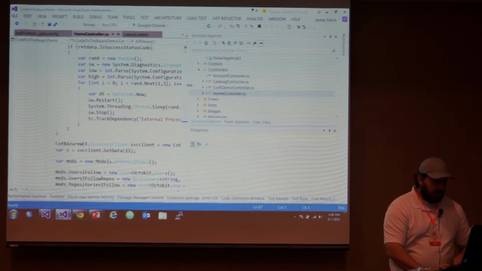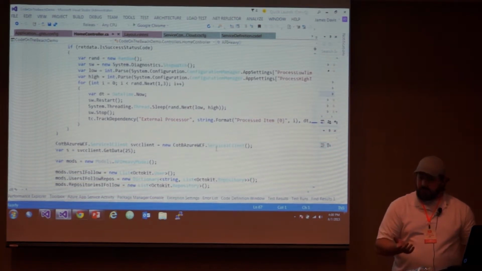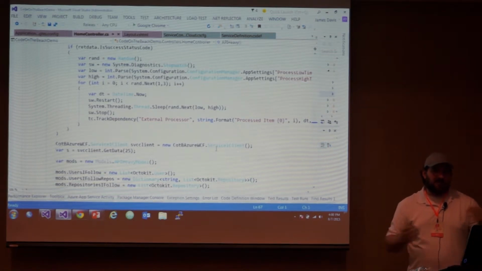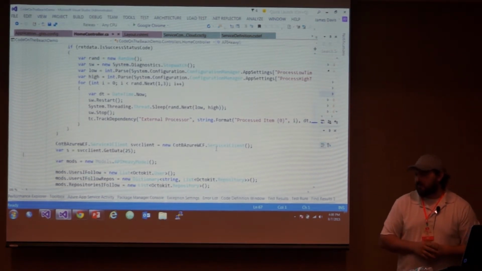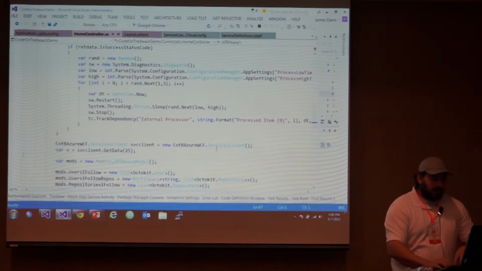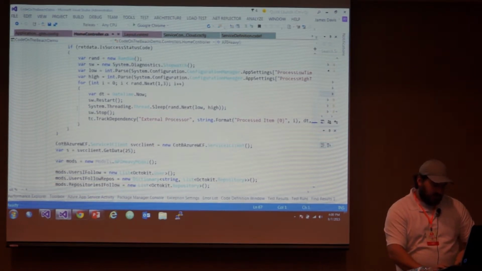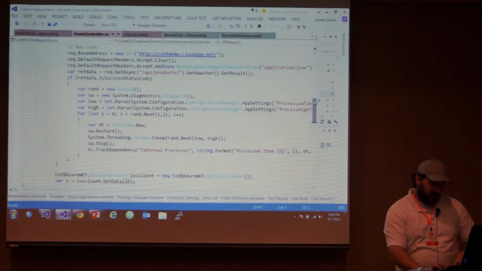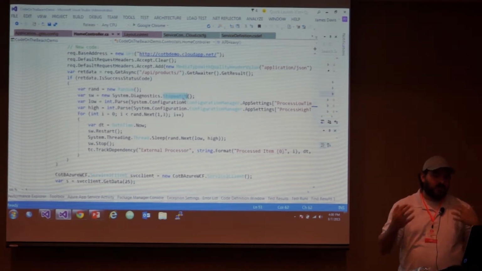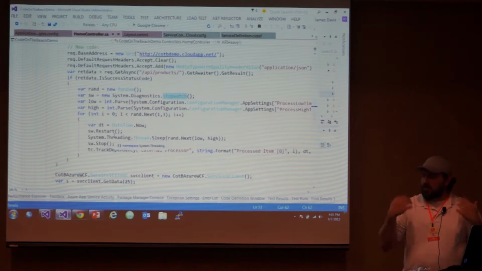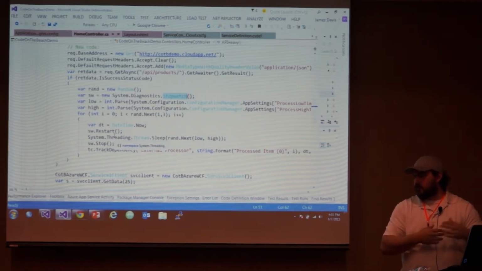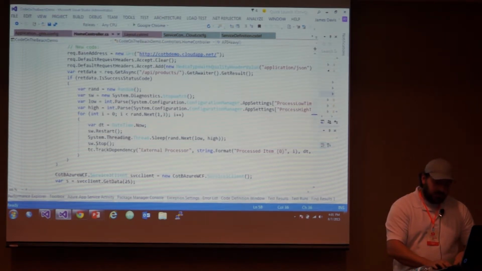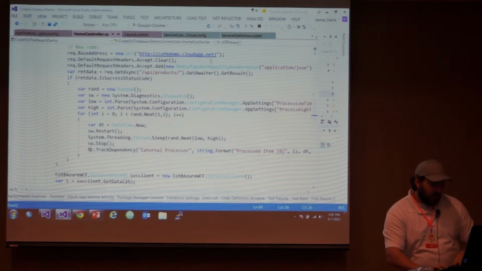In my home controller, I created a very, very fake dependency, which is a random thread sleep from 500 milliseconds to 3,000 milliseconds to emulate some type of traffic out there. What I created was a stopwatch closer to the top of this. System.Diagnostics.Stopwatch. I restart it right before I make the call. That way, if I used it previously, it will start back at 0. Make my call, which is my thread sleep call. Stop it as soon as it's done, and then use a telemetry client,